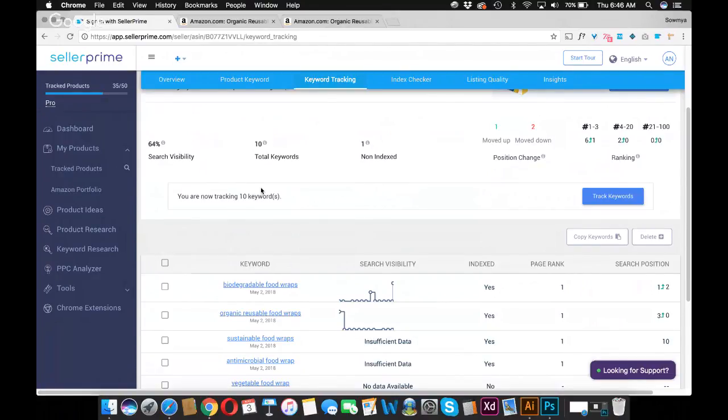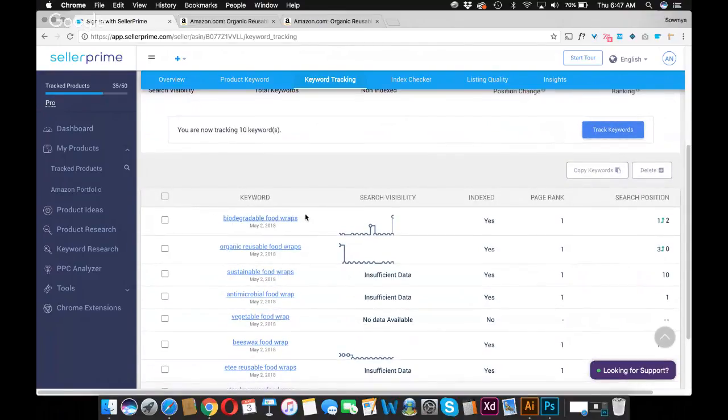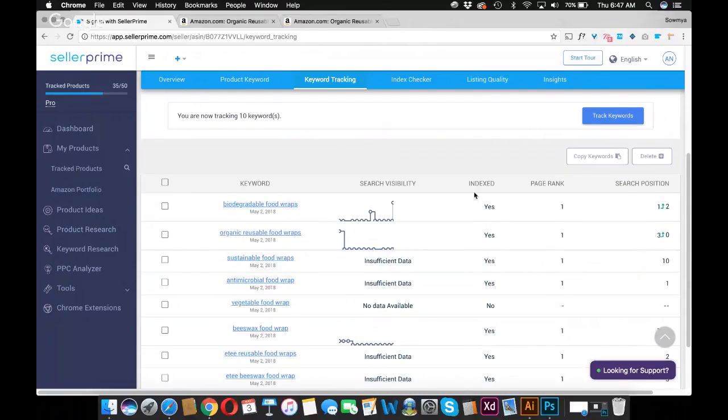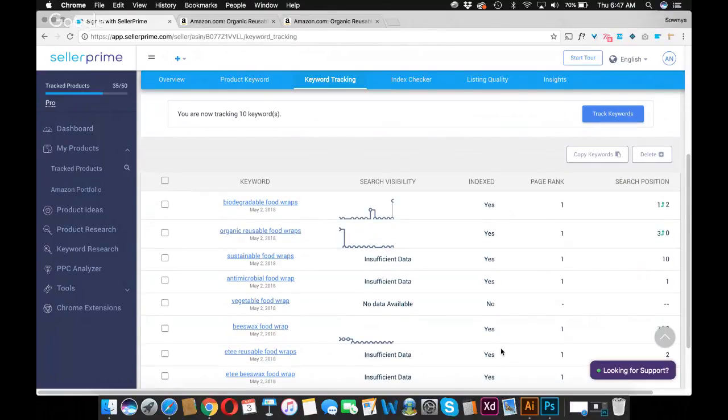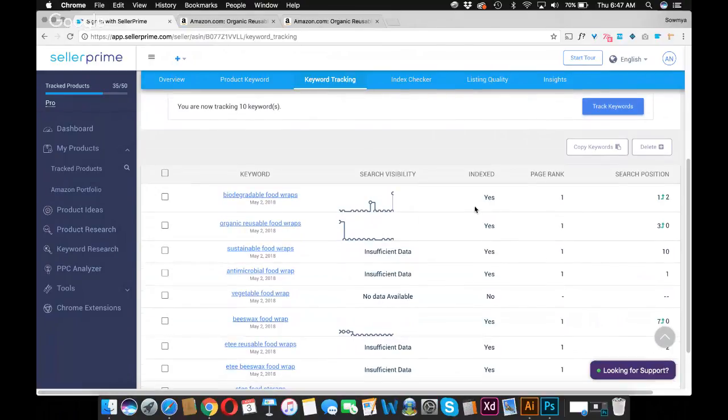So let's say that I have tracked 10 of my main keywords. First of all, especially for the sellers who have just launched their product, whose listing has just gone live, it is critical to check if all of your keywords are indexed or not. And typically it will be beyond page 10, so you will be working on increasing the page rank. So it will be very important to track your page rank as well. Keyword tracking will tell you if your keywords are indexed or not